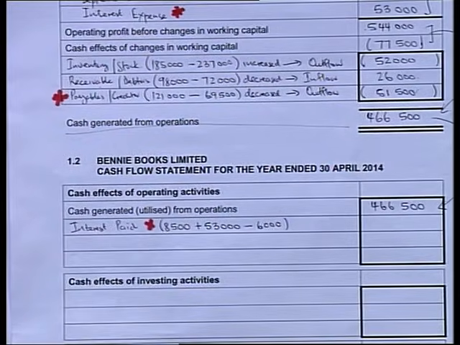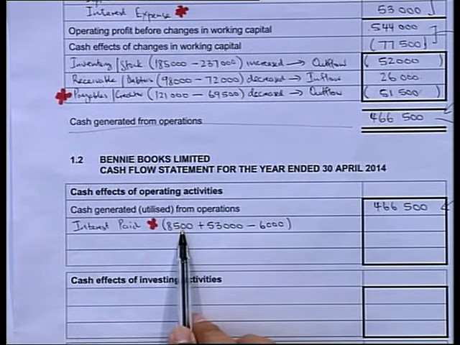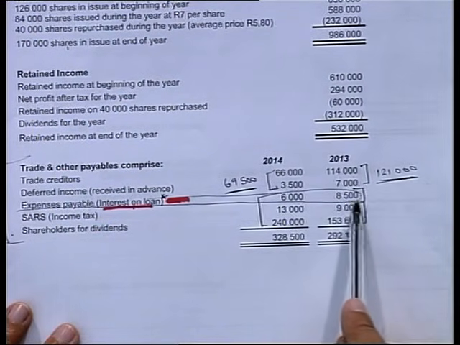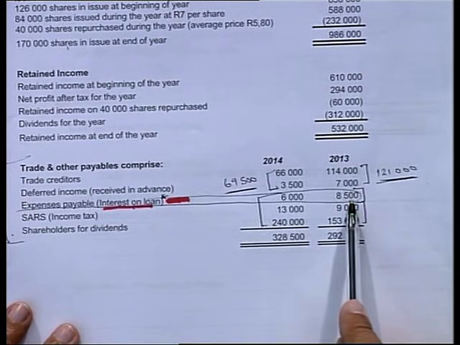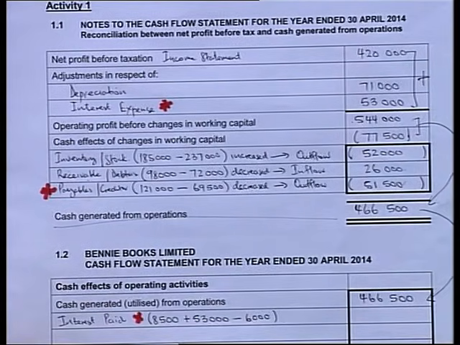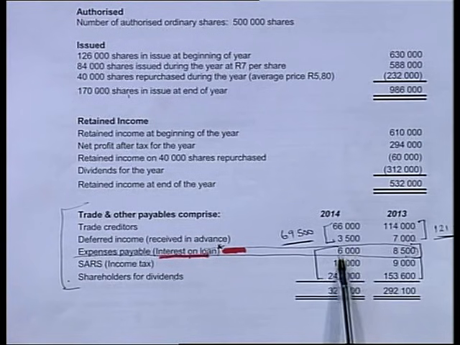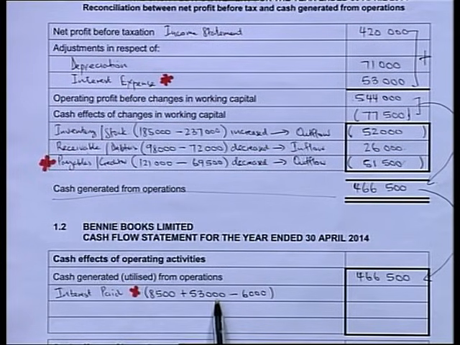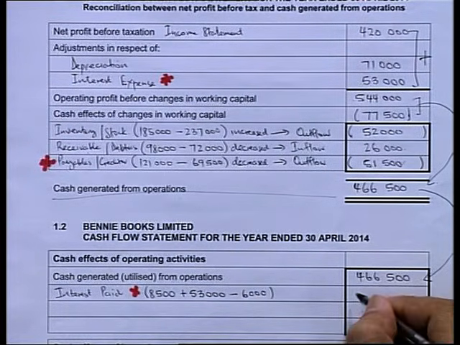Okay. So again, the 8,500 was the balance or the expenses payable on the interest on loan that we never paid last year. So that portion I will have to pay this year, together with the interest expense figure that appears in the income statement for 53,000. Then minus the amount for expenses payable of this year. So that bracket next to the interest paid will be 8,500 plus 53,000 minus 6,000. And that will give me